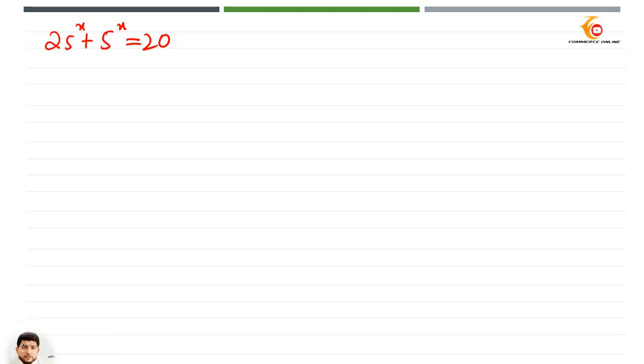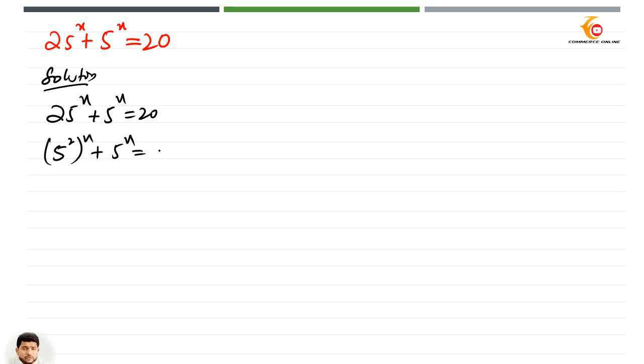Probably this question will help you out in solving these sort of questions. So let's start with the solution. First, I will write the question, that is 25 to the power x plus 5 to the power x equals 20. And now what I will do, I will write (5 squared) to the power x plus 5 to the power x equals 20. Now as you know that